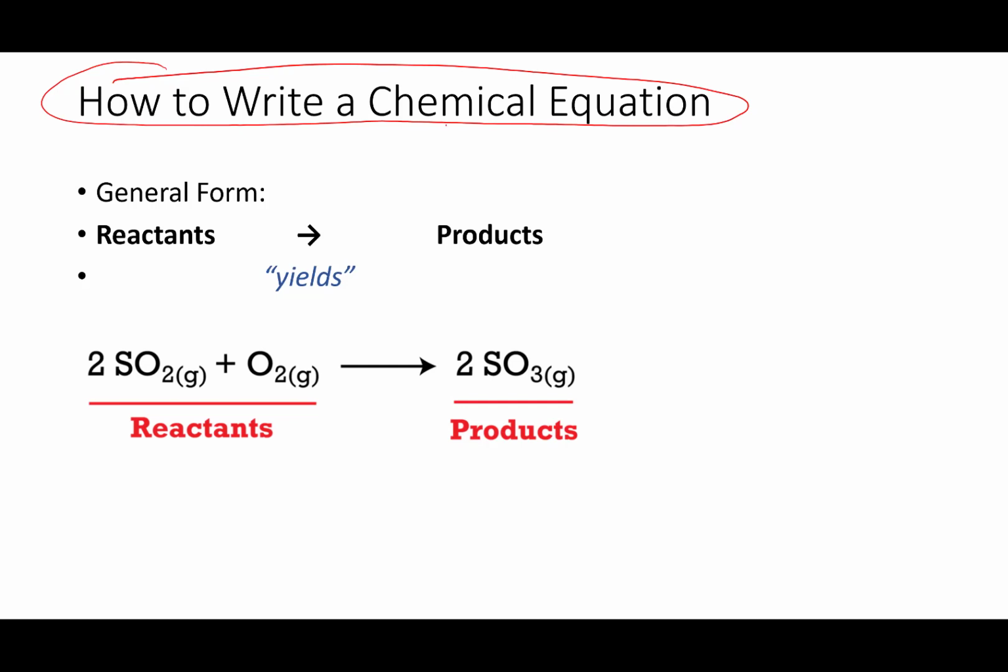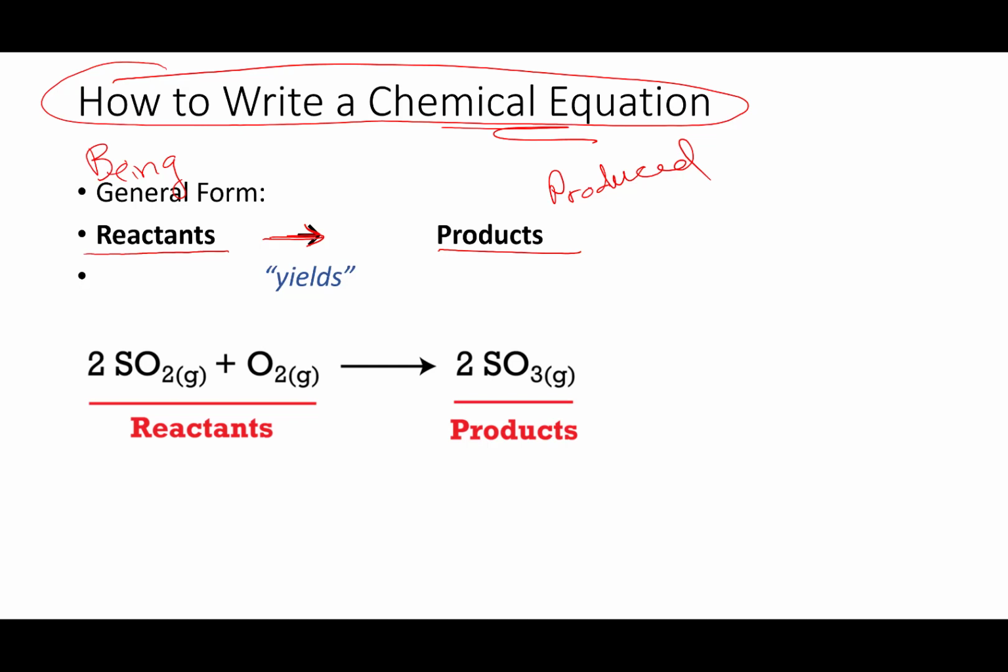First off, in every chemical equation, there's a general format, and the format goes like this. On the left-hand side are the reactants. Those are the things that are being reacted. On the right-hand side are the products. This is what is being produced by whatever the chemical reaction is. There is always an arrow, and the arrow can be read as yields. The yield is the production. When you talk about a field yields so much corn or yields so many soybeans, that is the product,